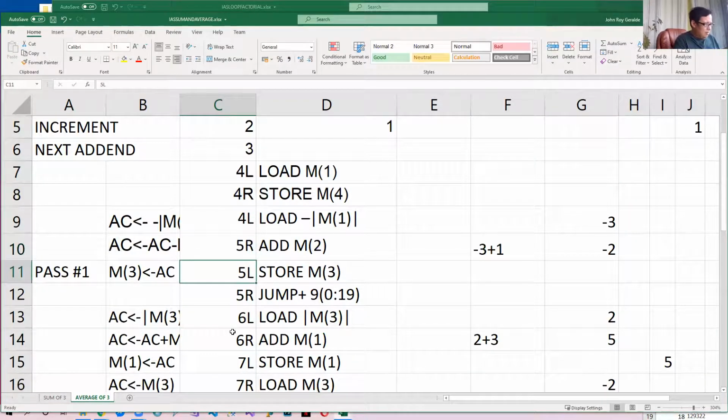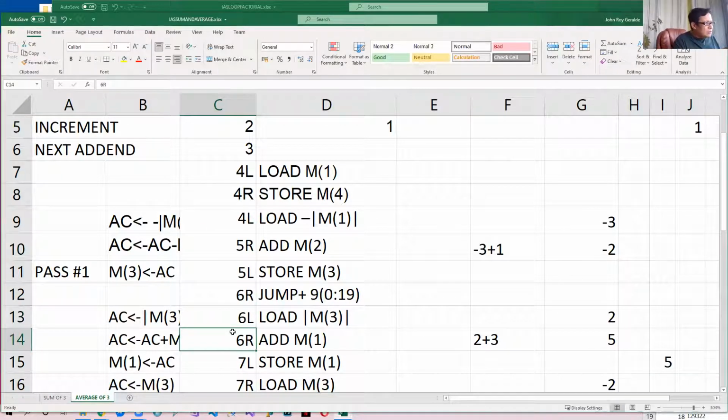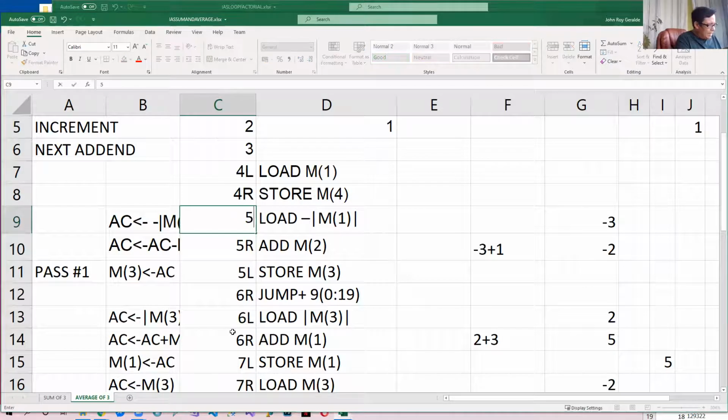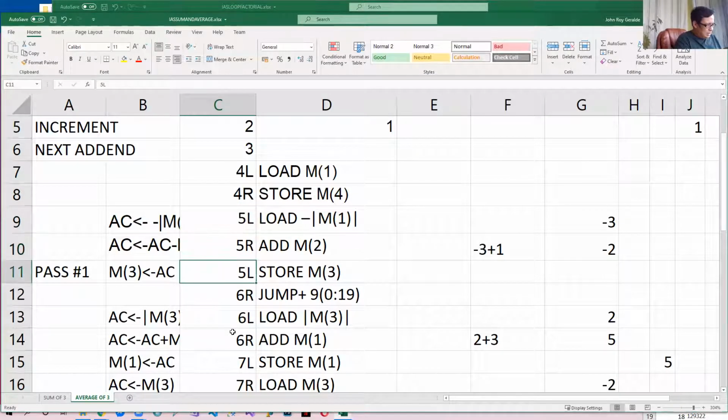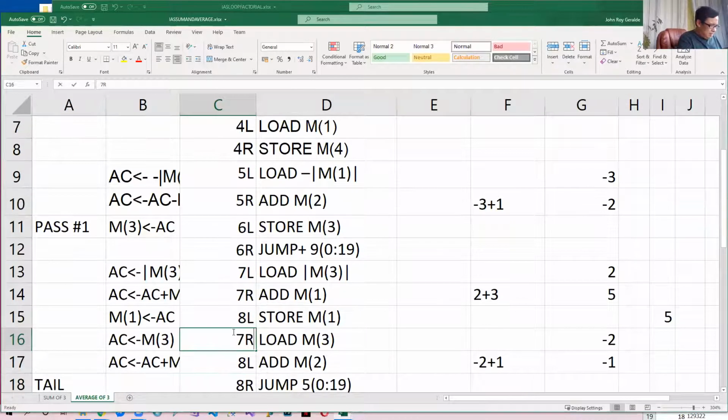5R, 5L, 6R, 6L. Okay, and then we'll have 6L baligtad, no? This is 5L, 5R, 6L, 6R, 7L, 7R, 8L, 8R,